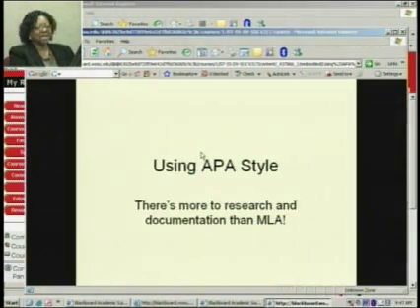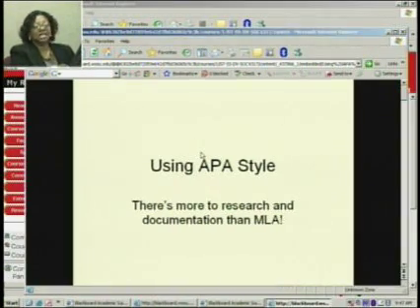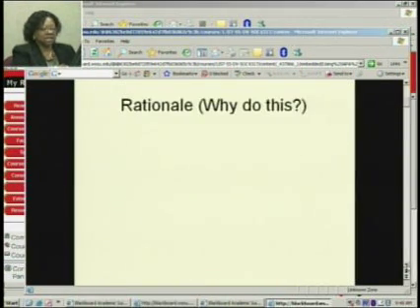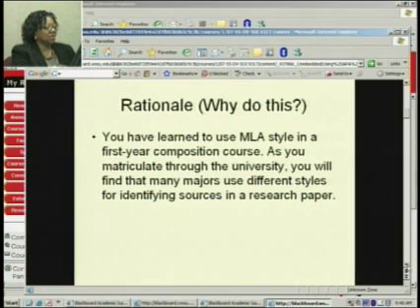Okay, let's open it. Using the APA style. There's more to documentation than MLA. Now, there are other documentation styles. There's Turabian and Chicago, but we use the APA style, as I just indicated, in the social sciences. Why do we do this? Well, the APA format is the standard reporting format for citations and references for the social sciences, and so this